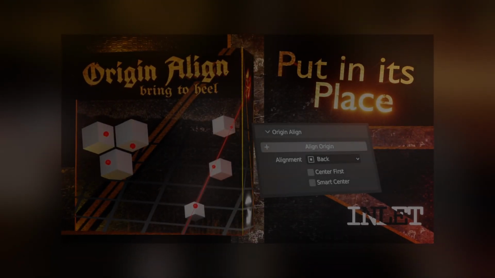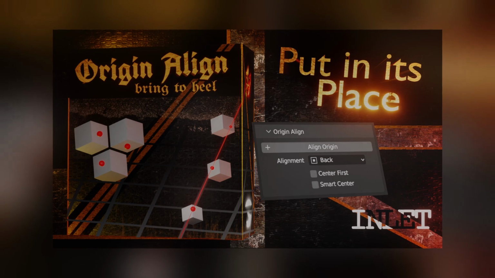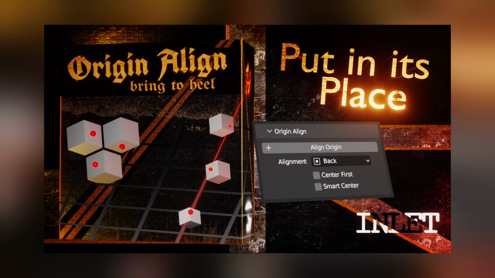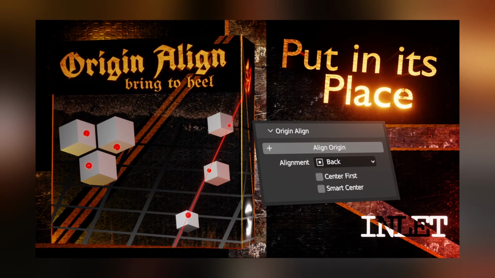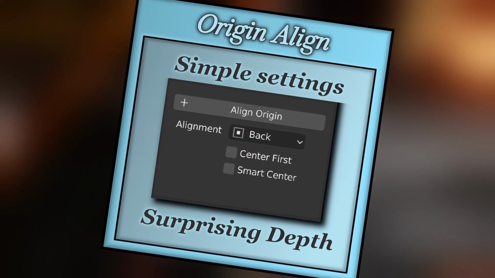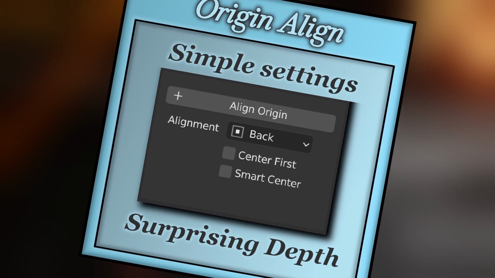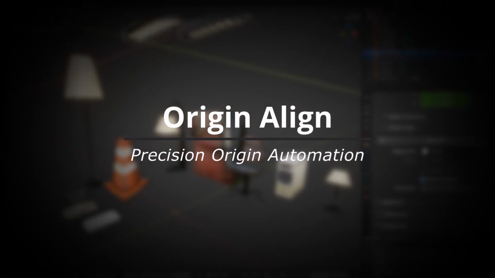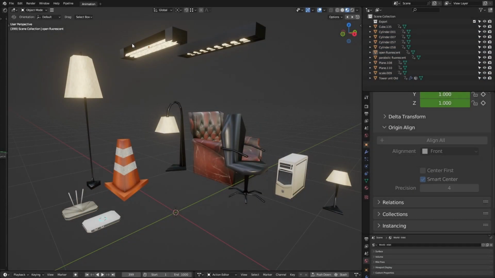Ever found yourself with a bunch of assets with the origins all in the wrong places? Ever had to just manually go through each of them, fiddling around with snapping and alignments? Bloody hell. Maybe it is time to turn aside and give a glance to the magnificent Origin Aligner, an add-on found in the Objects Transform panel.